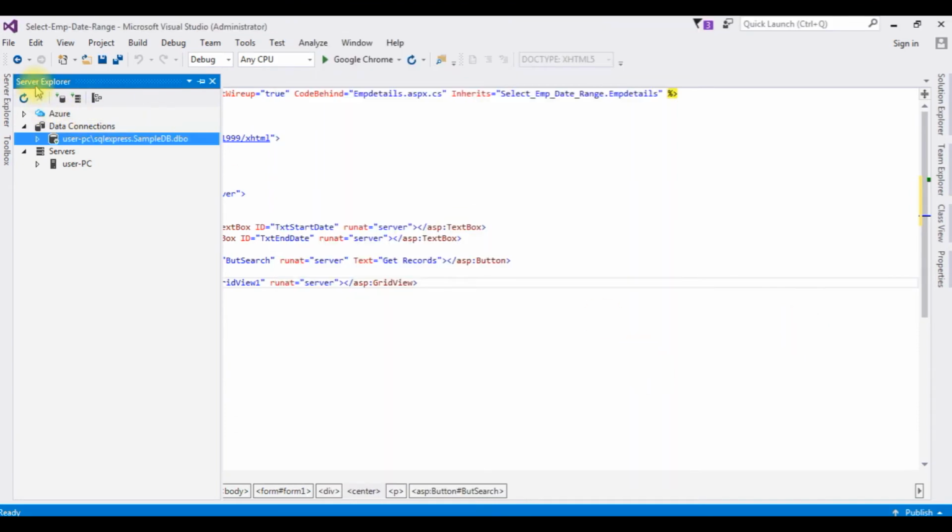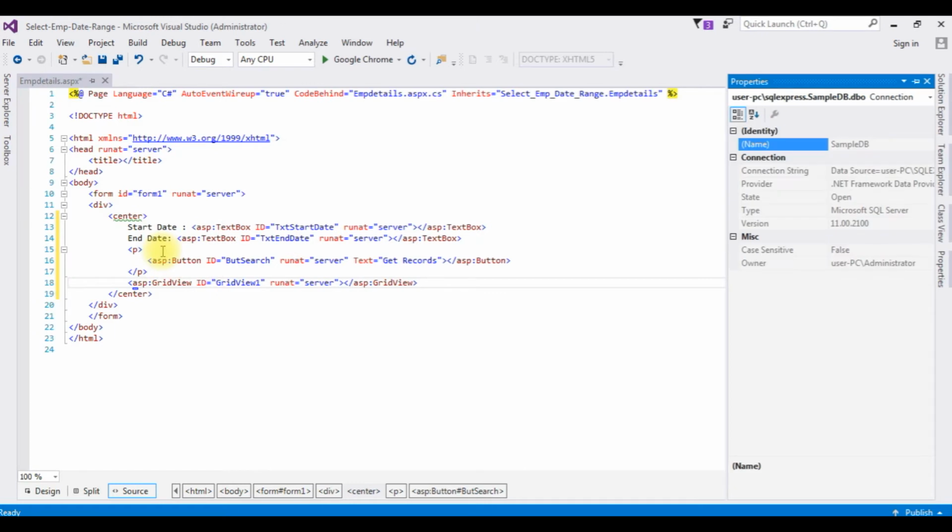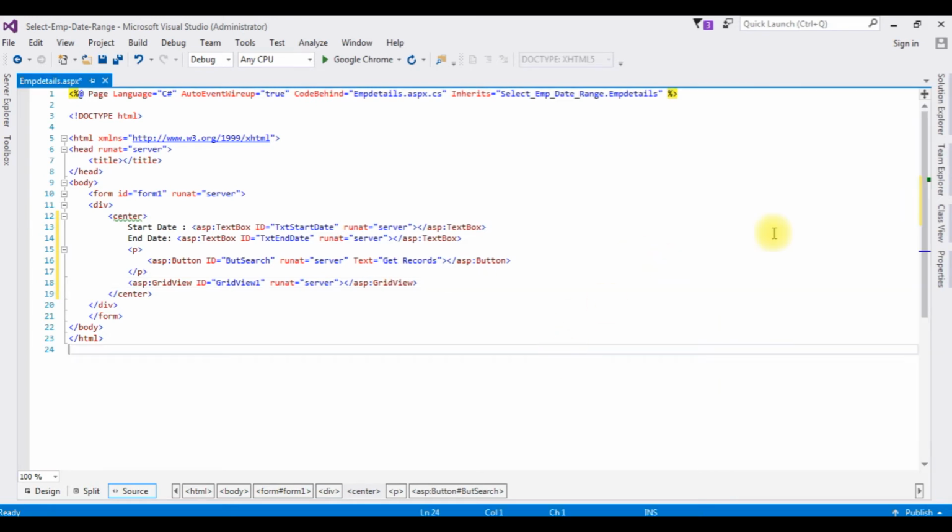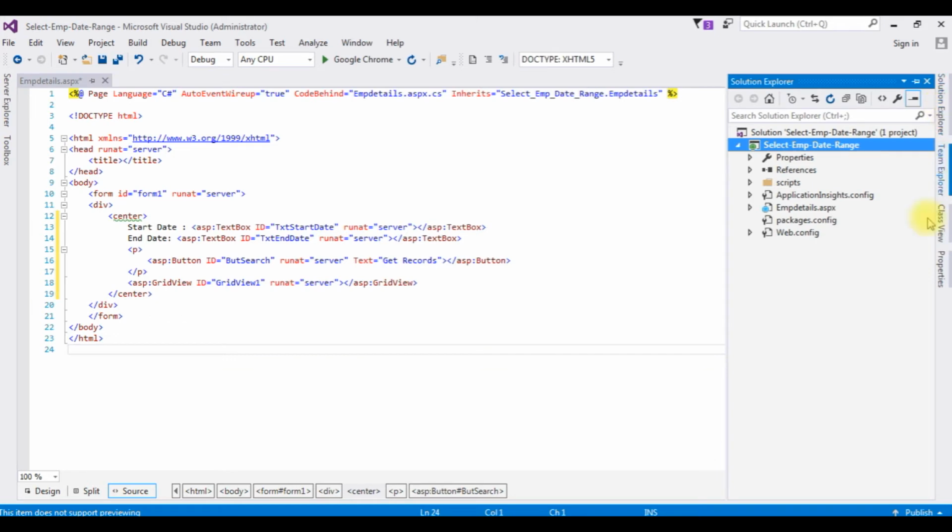And notice here in the Server Explorer under data connections we have created the new database connection, but we require the connection string properties. To get the proper connection string values, right click this connection, go to properties. Now here in the properties, the connection string, copy the whole part, open the Solution Explorer, open the web.config file,